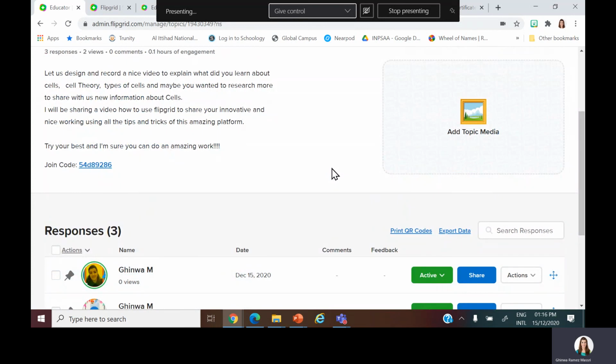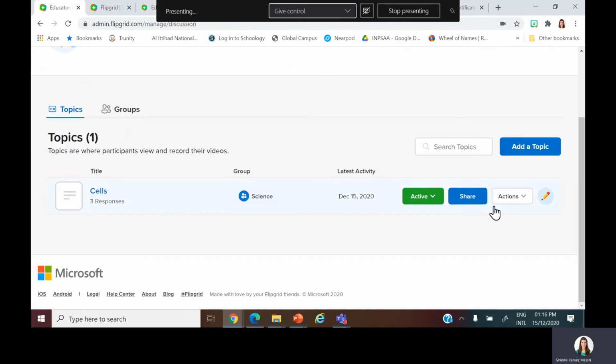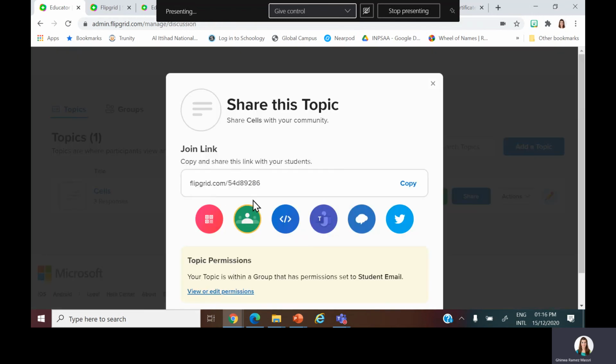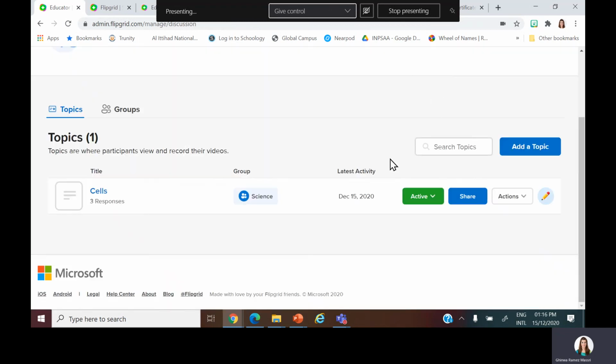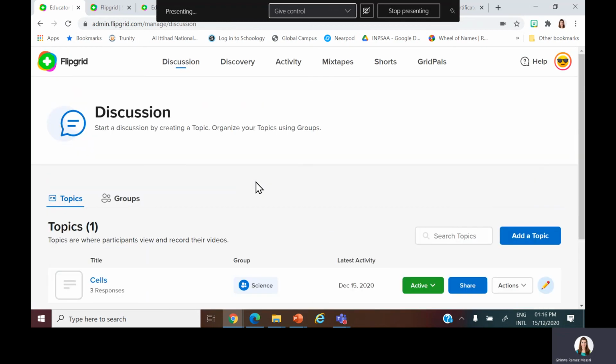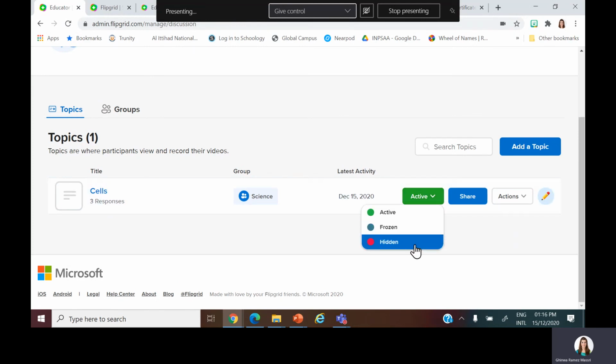As an educator, you can sign up for free, and you can create a topic, and this topic can be shared with your students via a link, via a code, via a QR code, with your Google Classroom, with your Teams, and you will be able to receive responses from your students on the topic that you share with them. You can make the topic active, you can make it frozen, you can make it hidden for a certain period of time,